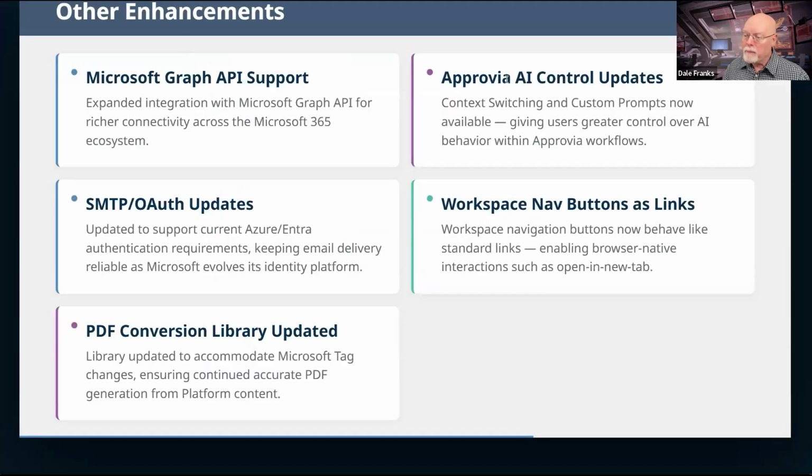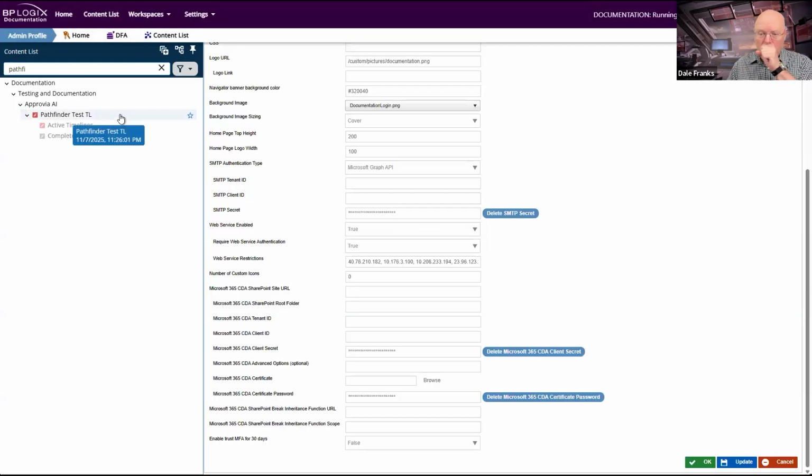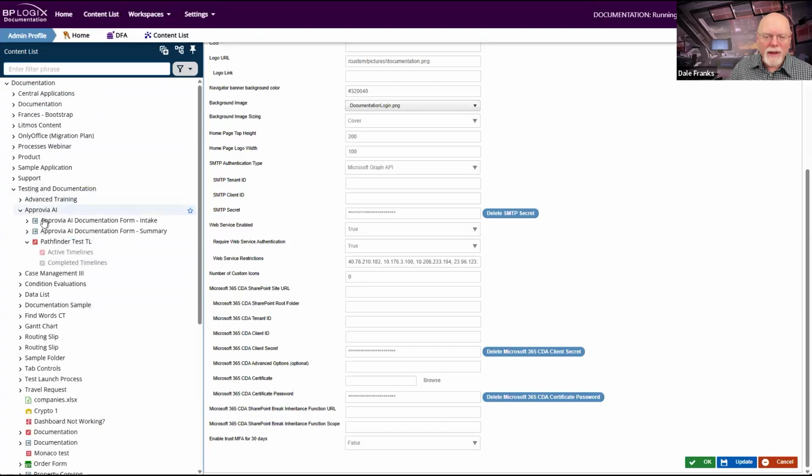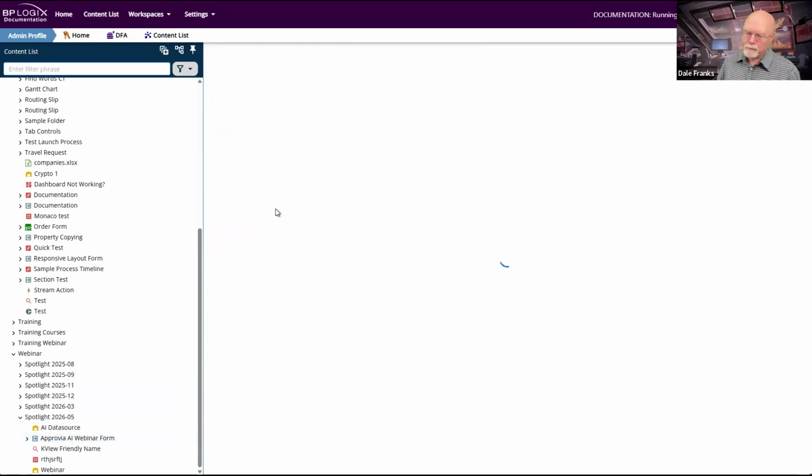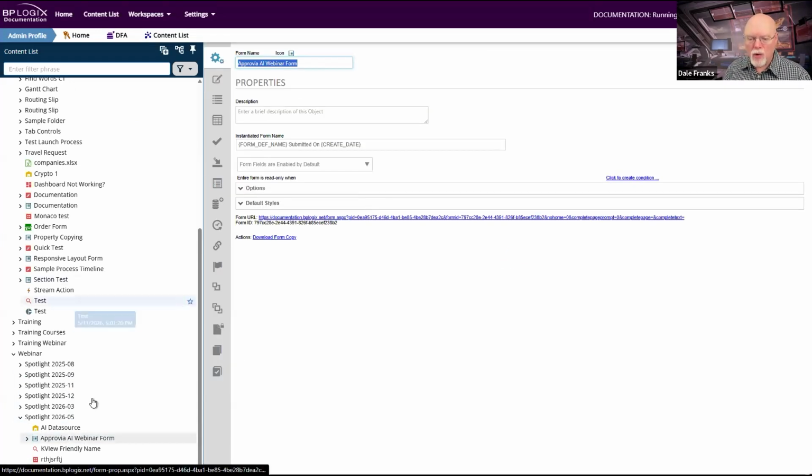Now, this other one is for the Apruvia AI control. I know most of you don't have the Apruvia AI control yet, and we are making some changes to it, but this is something I wanted to show you. I made a copy of it, so let's use my copy. Let me show you how the Apruvia AI control works right out of the box, and then I'll show you the feature addition that we made to it.